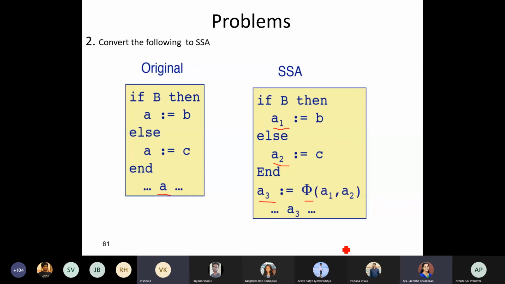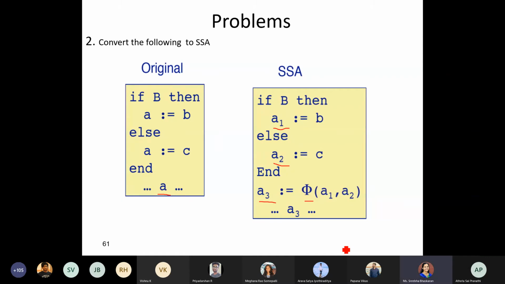But see, this SSA is an algorithm which you are implementing, so you are automating it. If you see here, in the if part A is getting updated, and in the else part also A is getting updated. You are not using it. Whenever there is an updation, it increments.